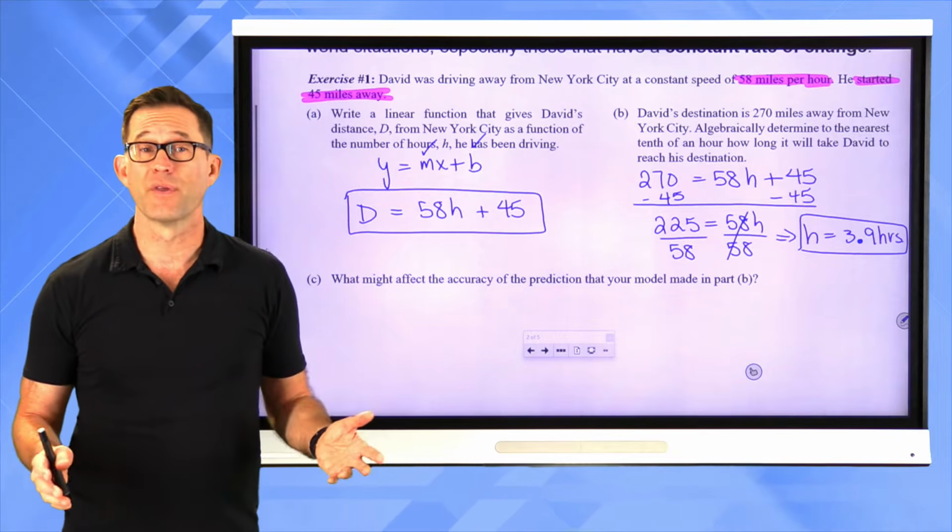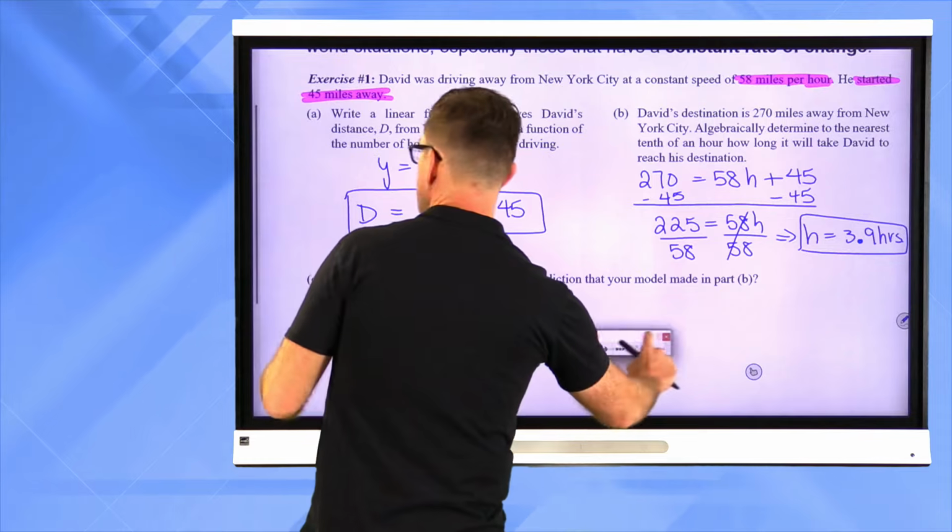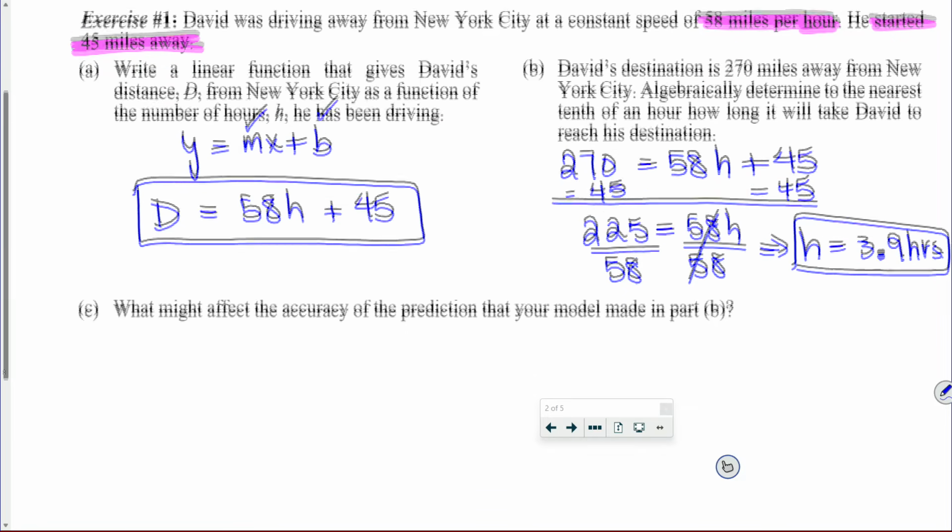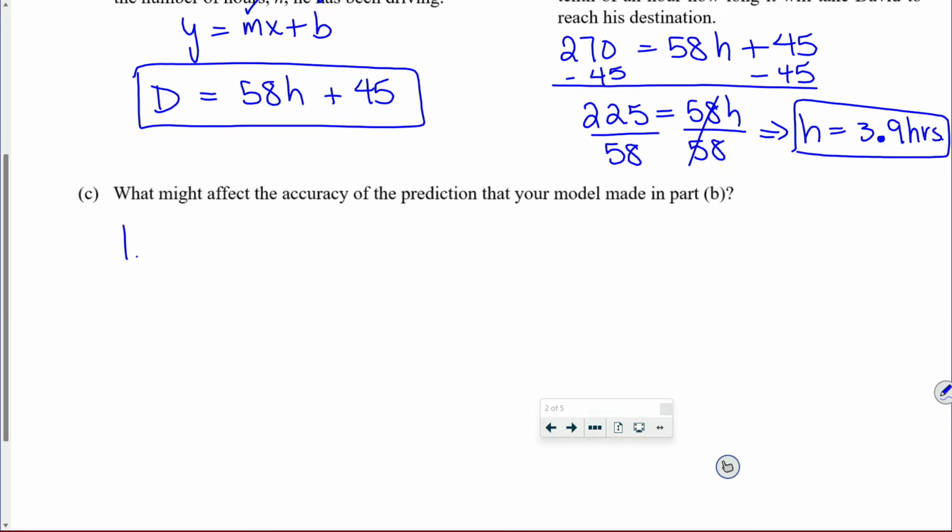Well, there's a lot of different things, right? One of the things might be, and this is probably the biggest thing, how constant David's speed is,